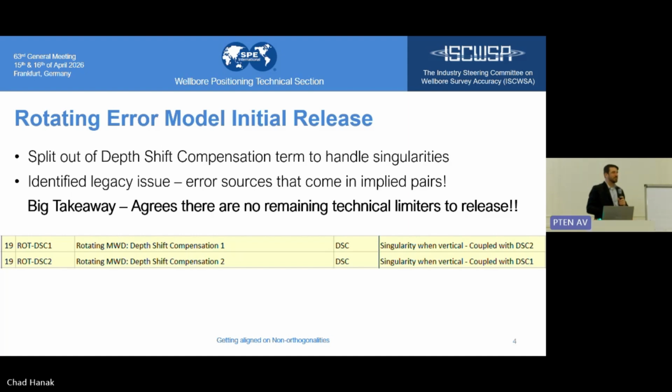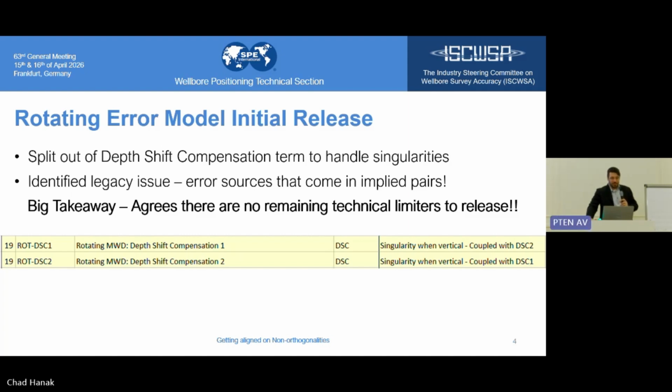And that is the fact that there are a number of terms in the error model that are implicitly paired. So the misalignment terms we talked about earlier, misalignments 1 and 2 are implicitly paired, 3 and 4 are implicitly paired. Similarly, these depth shift terms, like there's never a reason you would make an error model with only one of them, is sort of the idea. But the other important part of the handling is that when you do the singularity handling, if one of the 2 terms is in a singularity, you need a special calculation for both, even if one of the terms is technically calculatable. And that would also be true for these legacy terms, so we have an action to consider getting that updated in terms of documentation.